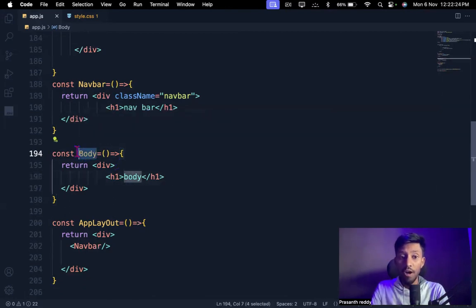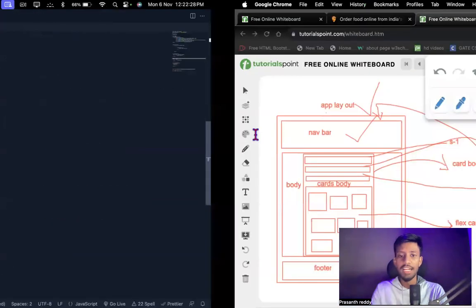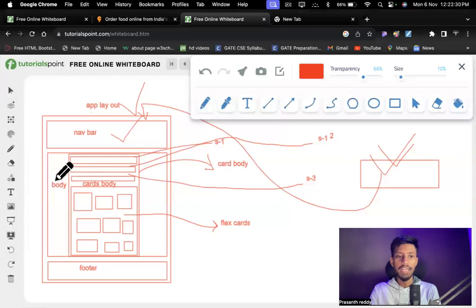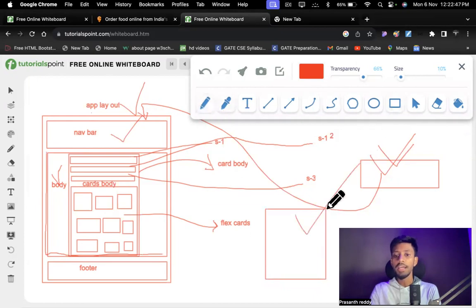See, the navbar is created. Now we are creating the body. Let's go and see this. We created this body, done. We created this external part, the body part. Now I want to push this body part into my app layout.